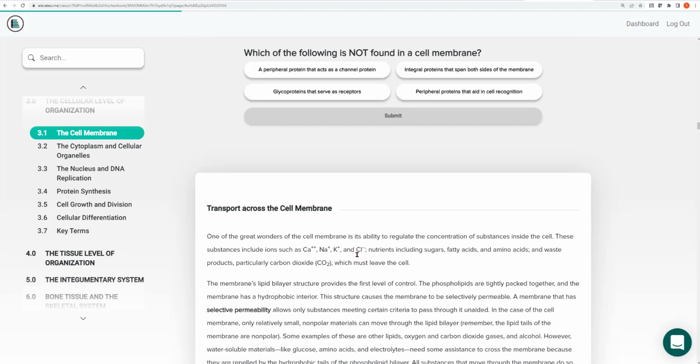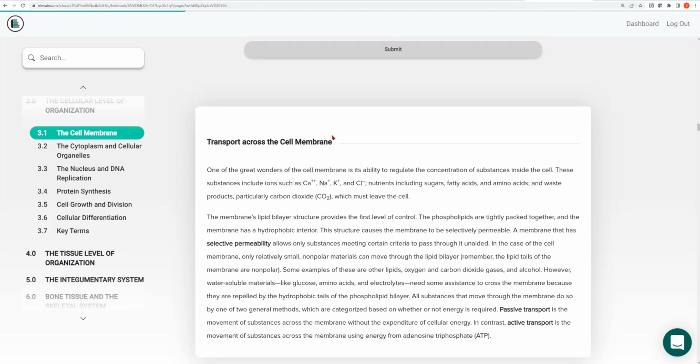There are two terms to describe cell membranes. One of them is that cell membranes are selectively permeable, or they have selective permeability. All this means is that cells have the ability of only allowing some molecules to pass into or out of the cell, right? Selective permeability: if something is permeable, it allows something to pass through.